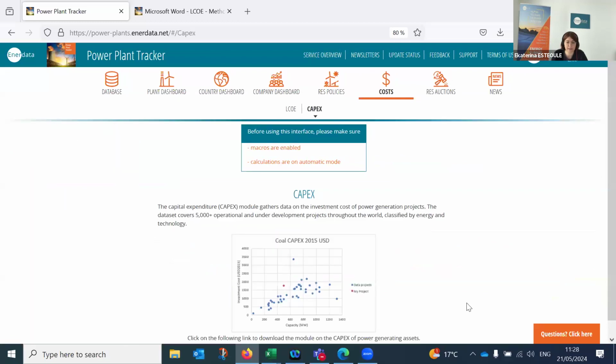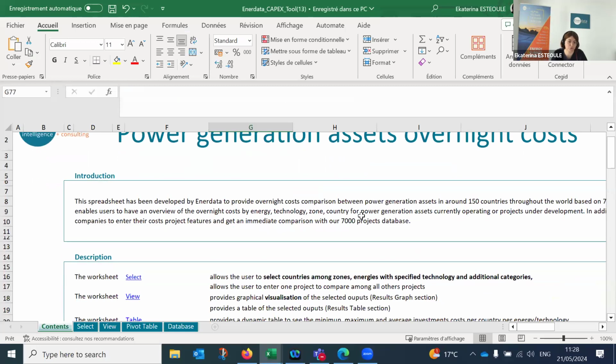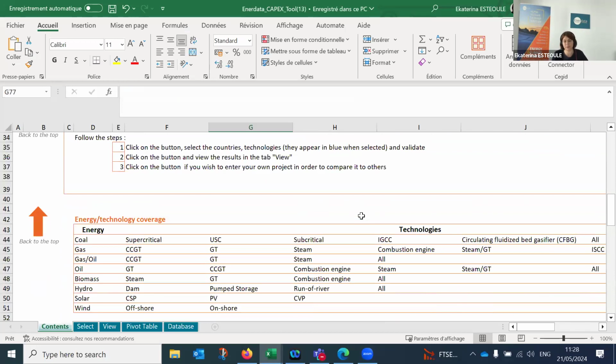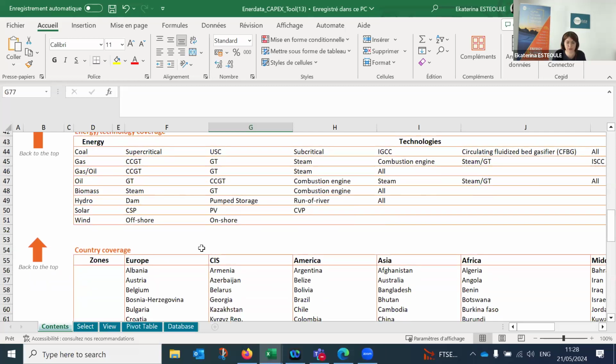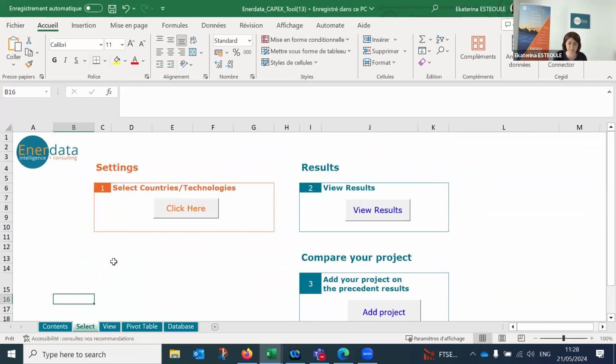And the CAPEX is a more simplified database, in fact, but it contains very valuable information if you're focusing on the financial side of the project, whether under construction or operational power plants. These modules, which we update on an annual basis, cover 154 countries and represent more than a dozen different technologies. And you can select and make a specific search and visualize the CAPEX information in a given country or for a given technology.